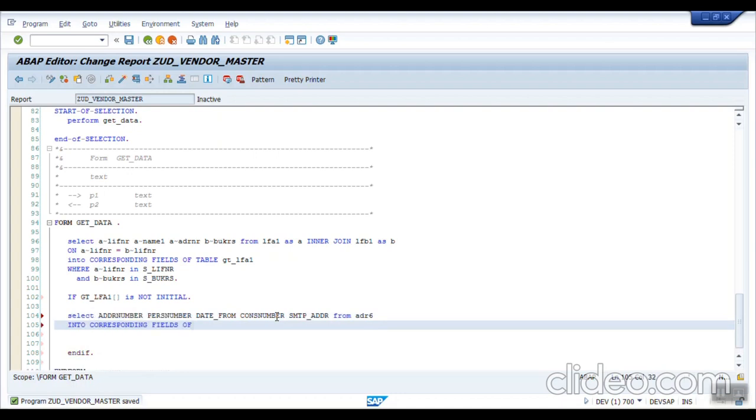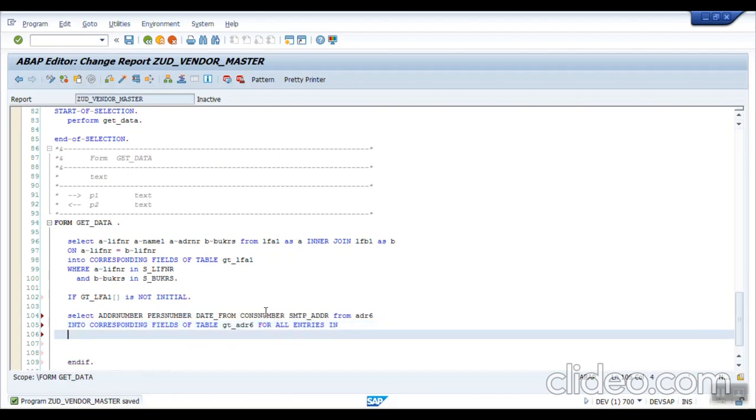into corresponding fields of table GT_ADR6 for all entries in my first table, that is GT_LFA1, which is a common field. Here my address number of this table equal to my GT_LFA1 adrnr.